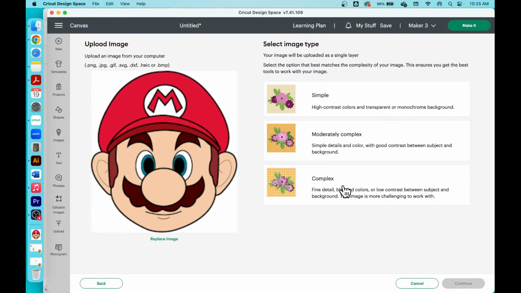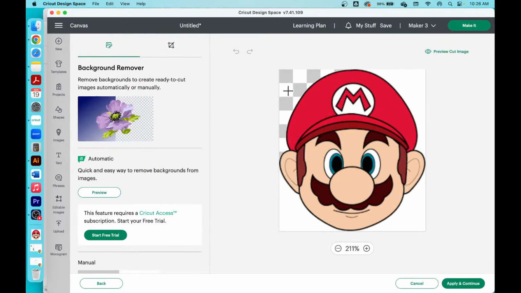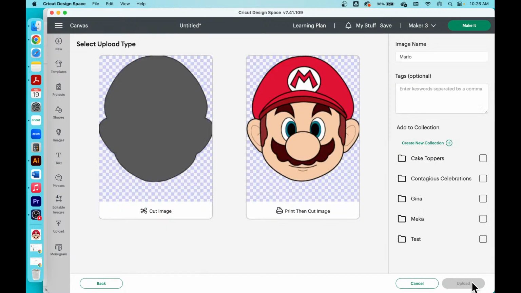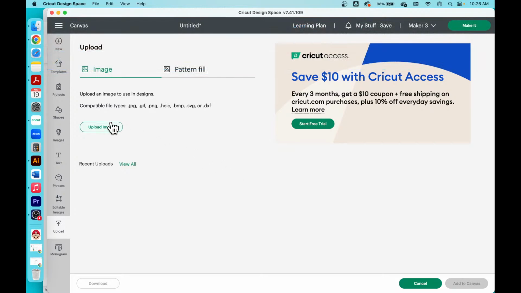So I pulled in that Mario image. I'm going to click complex and then click continue. Then I'm just going to click in the white space to get rid of that. Okay. And then I'm going to click apply and continue. So then we're going to click on print and cut image and then click upload. Okay, still getting the same message. I'm not sure what's happening,